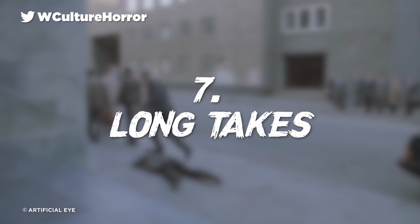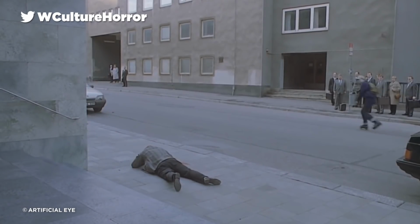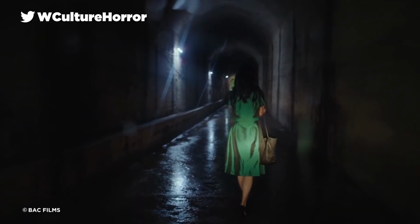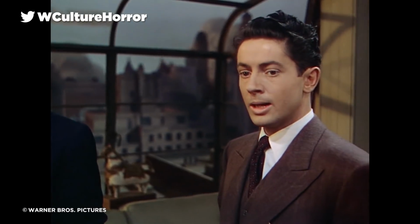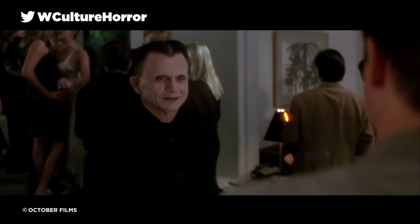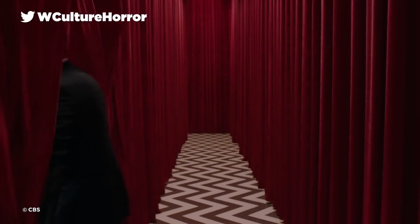7. Long takes. Although long takes are often associated with a slow pace and a boring lack of action, particularly if they remain still for the whole time, there is an undeniable stress to watching something happen all in one shot. Things feel vaguely, ineffably wrong, even if it's just worrying about how many takes it took to get the perfect one in a single go. Just look at the films of David Lynch, and in particular 2017's Twin Peaks: The Return, to see this principle